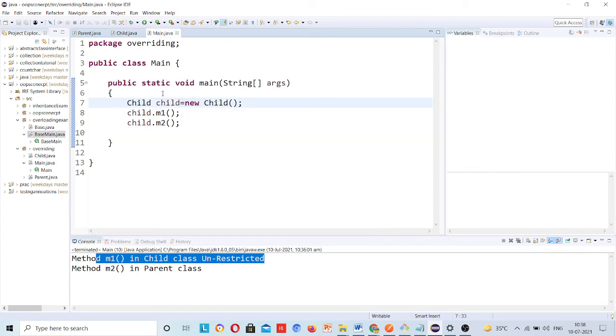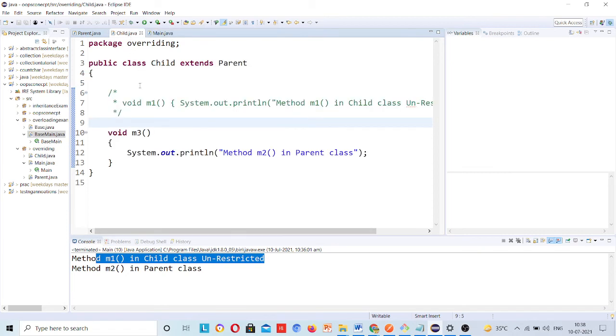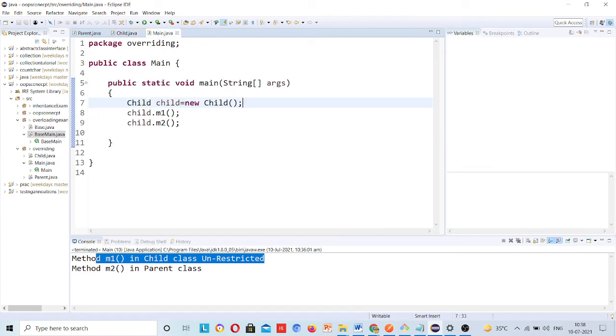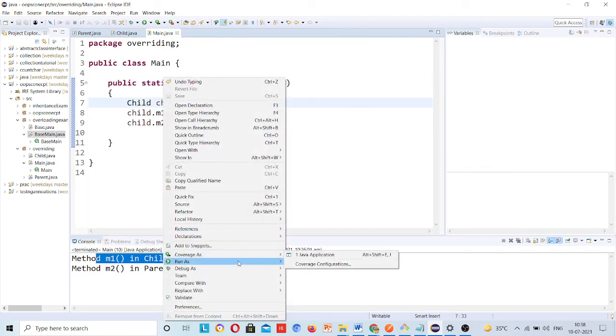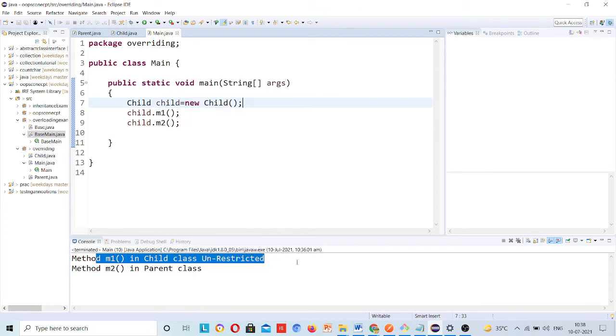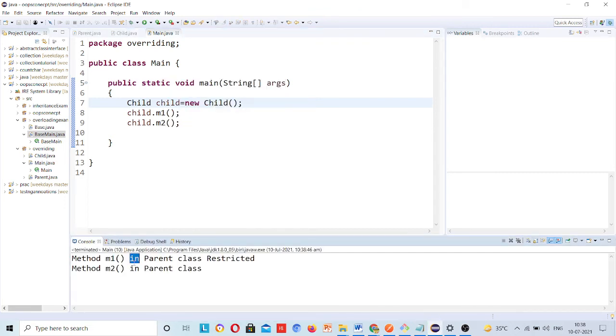There is no error because those methods are coming into the child class through inheritance. So if you run this program, the parent class method will be called. You can see that through inheritance this method is called.